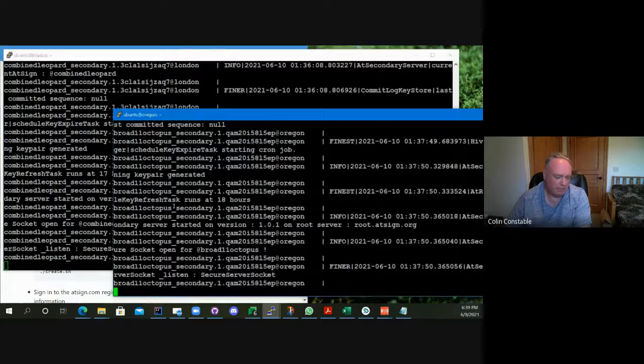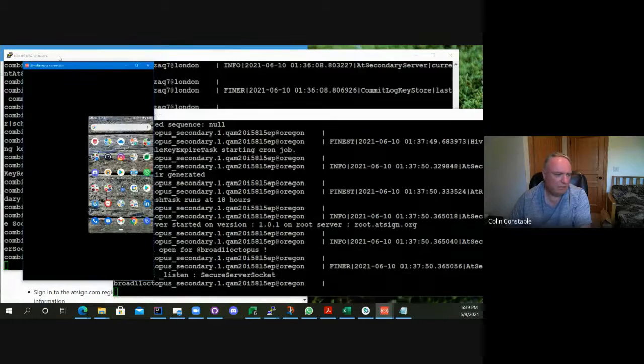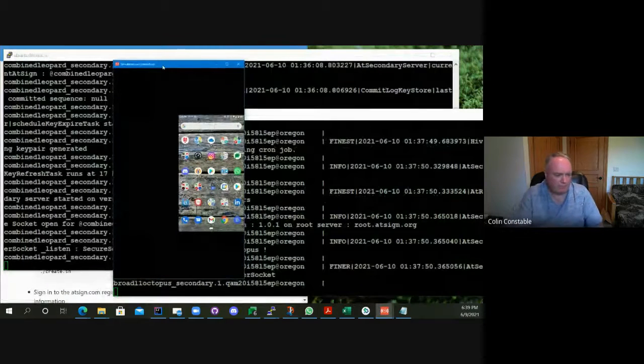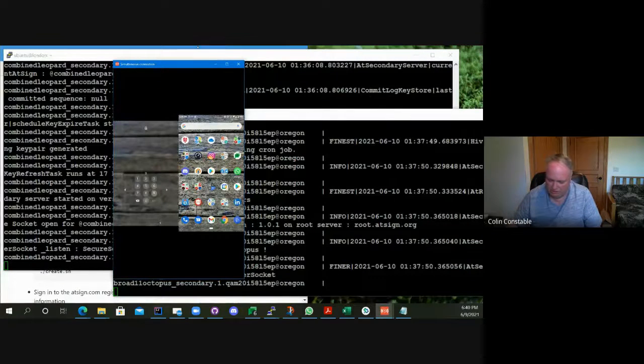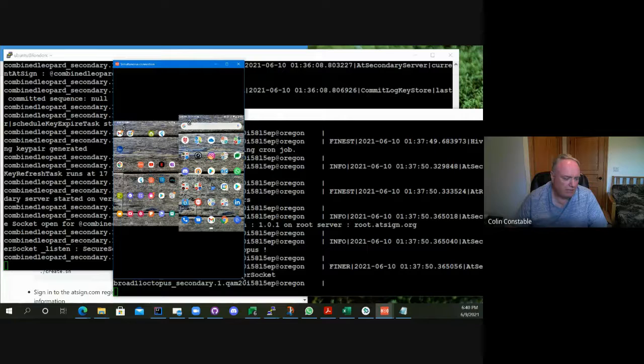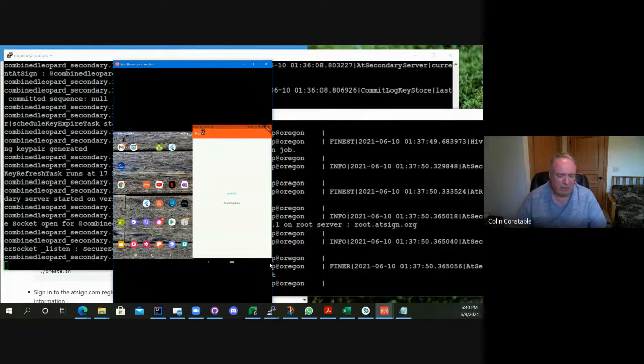So what we need now is a couple of phones, and it so happens I have a couple of phones. There's one, and there's the other. Can you see those two devices okay? Yes. Okay, good. So we have the application. You can see we've been playing with it. It's a chat application, so we're going to chat across these microservices.